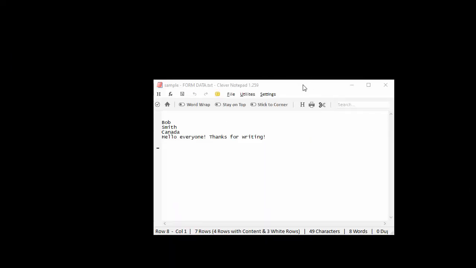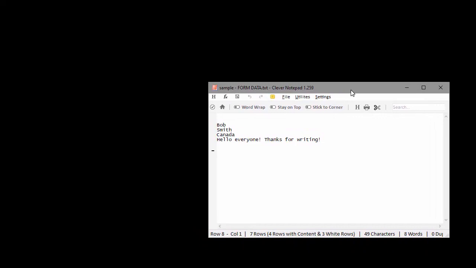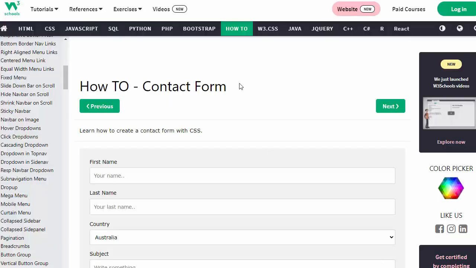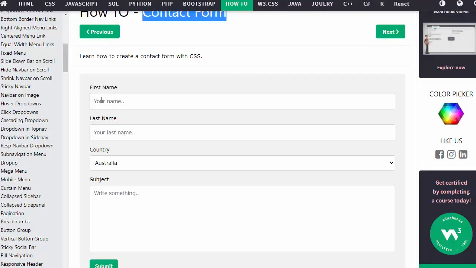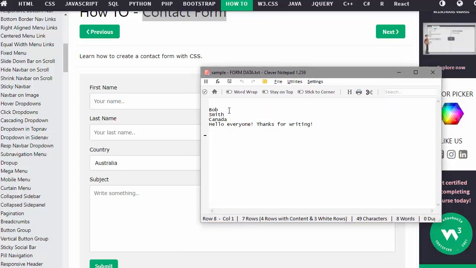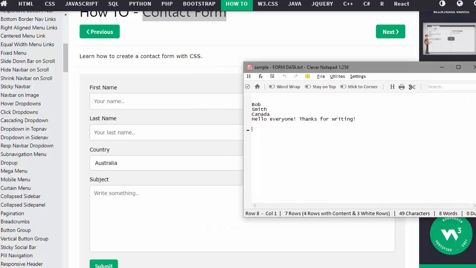Now, another very useful feature in this app is if you want to fill out a web form. Here we have a very typical contact form, and it has 4 fields for the first and last name, the country, and the subject. Now, if I actually have this content already typed out in a saved file someplace, then it becomes very easy to